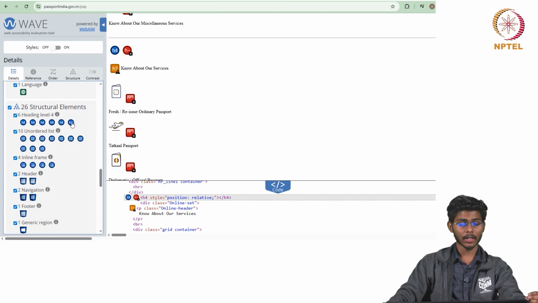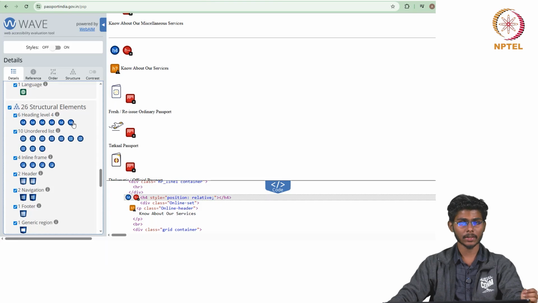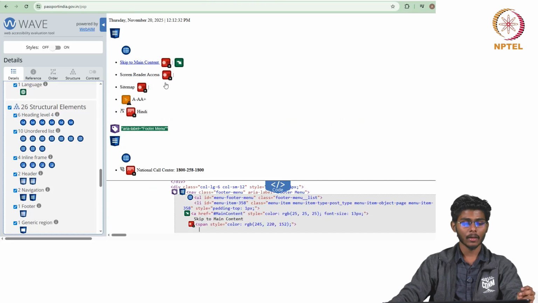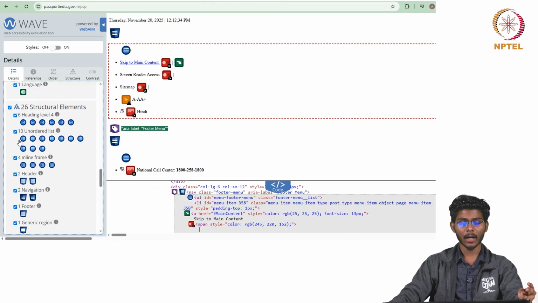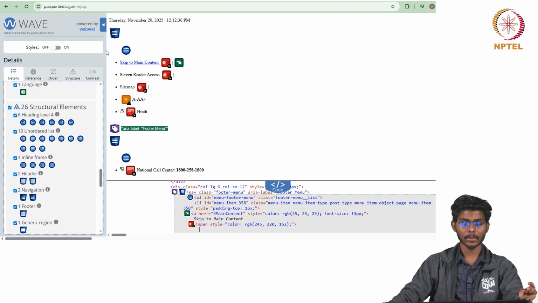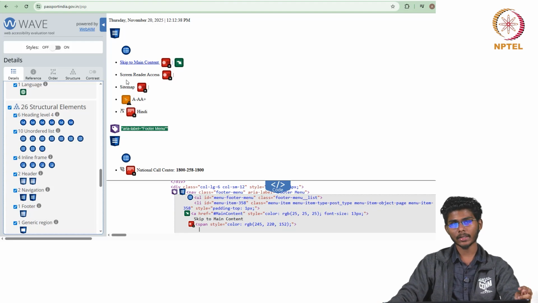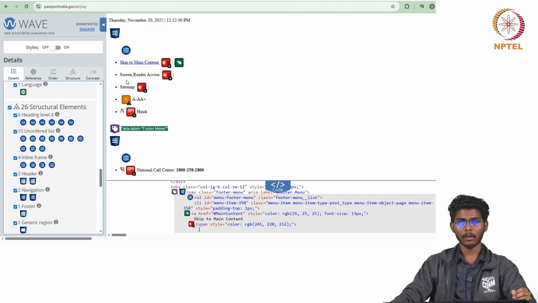So, how well the structural elements have been placed in the interface. As I mentioned, H1 to H6 are the structural headings, subheadings, etc. And how well the unordered lists have been presented. An unordered list is nothing but a set of items.